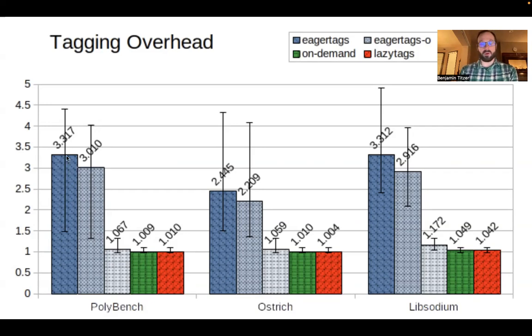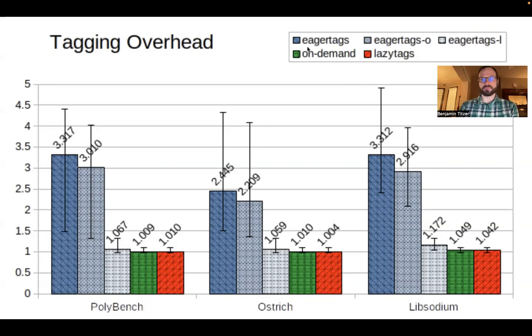And that's about 3 times slower. So if you just did the naive thing, it would be 3 times slower than not having any value tags at all. If you were to do lazy tags, it's on the order of 1%. Lazy tags has some disadvantages, so I didn't want to implement that. The on-demand strategy, which is abstract interpretation based, is about the same as lazy tags. We're down to about 1%. So we're within a hair's breadth of having no tags at all, except over here it's more like 5%. So what seems like a really expensive thing actually turns out not to be once you apply the on-demand optimizations.